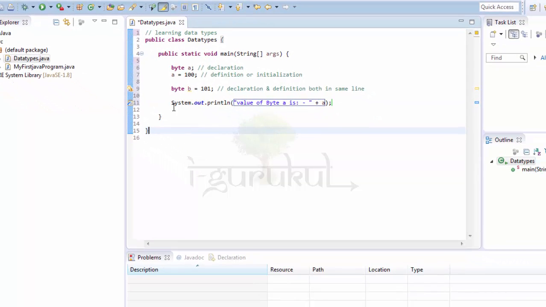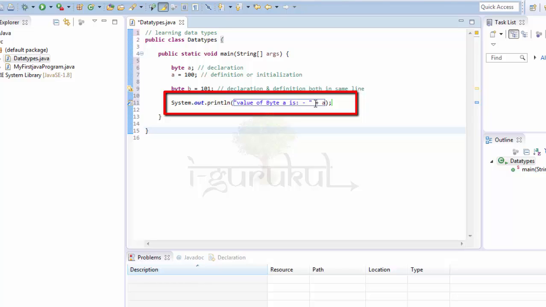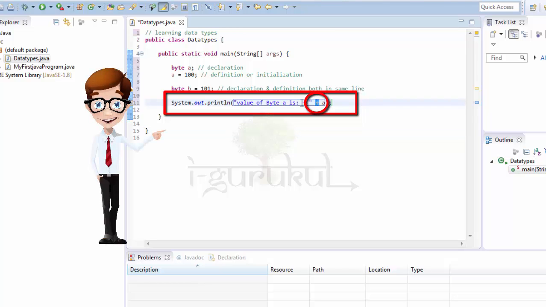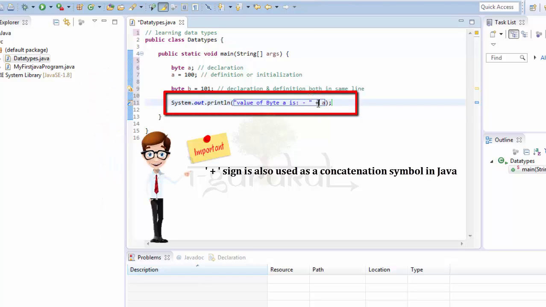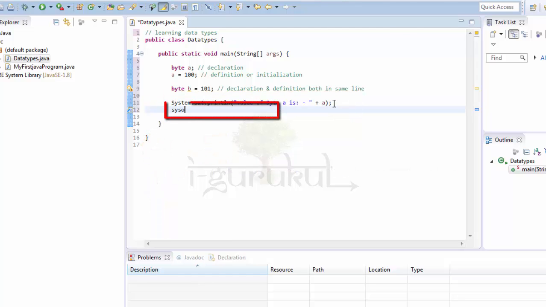See, what I have done here is I have given a statement to print a line, and to print the variable, what I have done is I have concatenated it with the statement. So whenever you want to print a statement with a variable, you have to concatenate it with the statement. That is, you have to use the plus operator. And if you just want to print the variable, what you have to do is just write the variable. Both will work the same way. Let's execute the command and see.